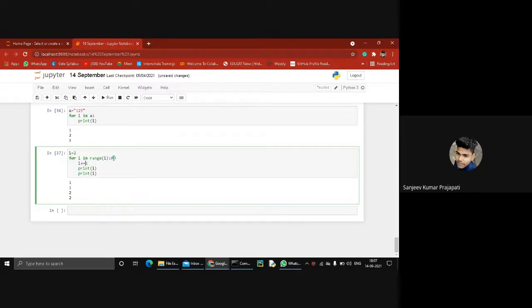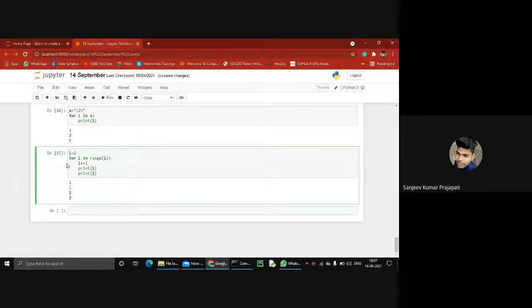So now the value of i is 0 plus 1. Plus equal to is the same as i equal to i plus 1.